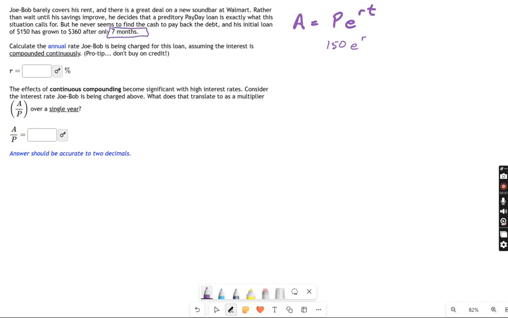T is 7 months. Now, don't put in 7, because what I want to know is how many years is that? Well, it's 7/12ths of a year. So you have to put in a little fraction right there, 7/12ths. And A, the amount the loan has grown to in those 7 months, is 360. So no problem. Let's just do a little bit of algebra, and we get 360 over 150 equals e to